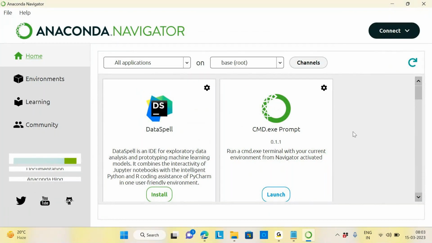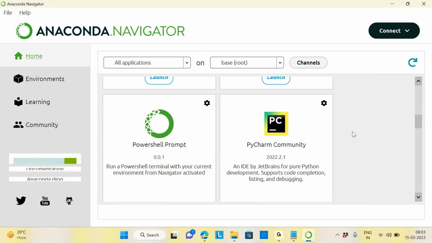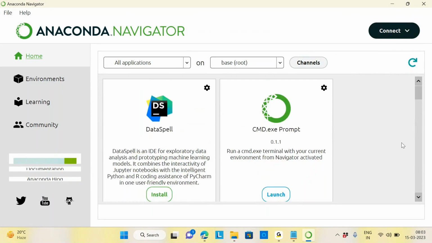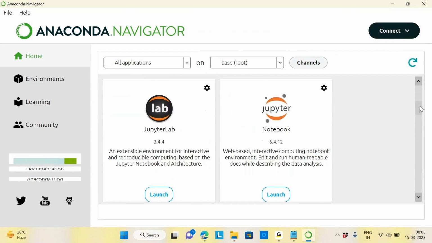That I was talking about PyCharm, no? PyCharm is also there to work with Python. But here we will use one best tool called Jupyter Notebook. It is just like a notebook and is very helpful. Once you get into Anaconda Navigator, you can just launch Jupyter Notebook. It will be there inside. No need to install anything. So if you click on launch of the Jupyter Notebook,